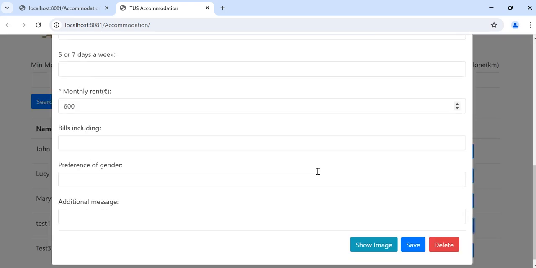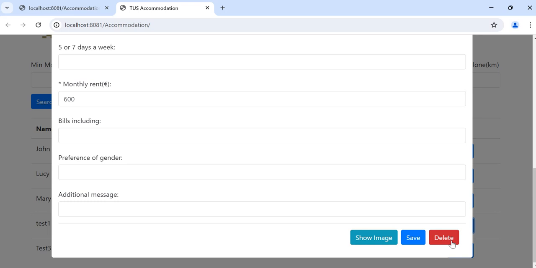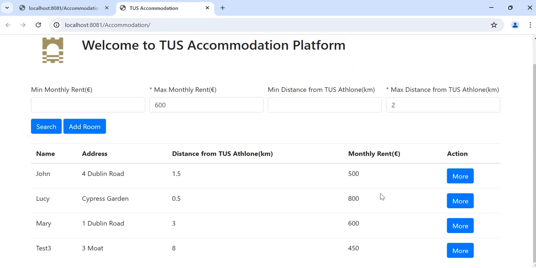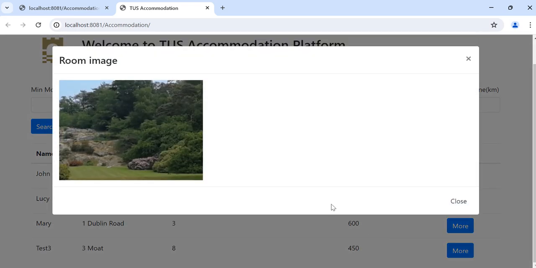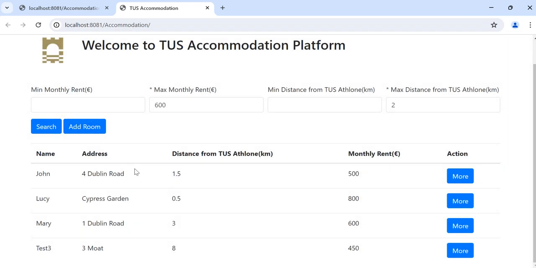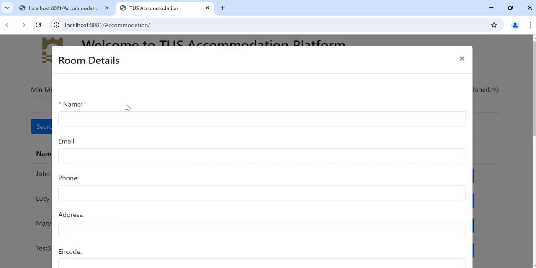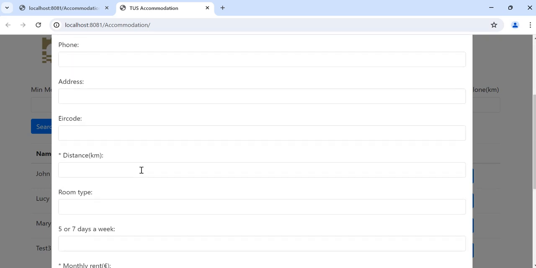And we can also delete it, okay? Then there's the image. If you click, there's a second model that is displayed. You can also add a room. This add button shares the same model with the more button, but here it is cleared, so you can put